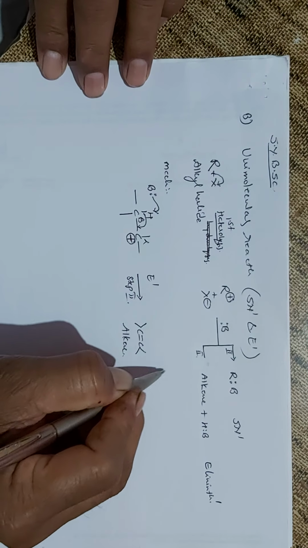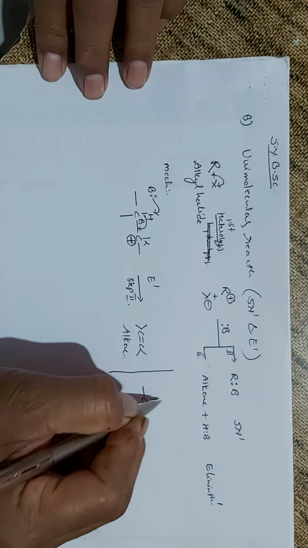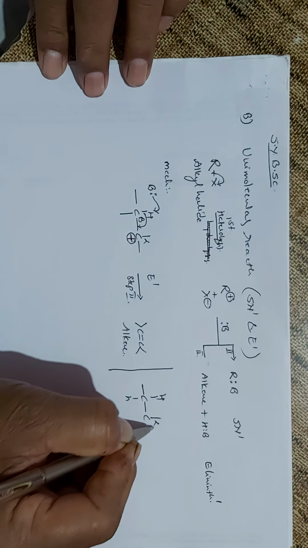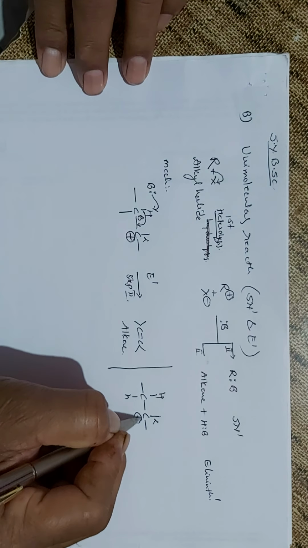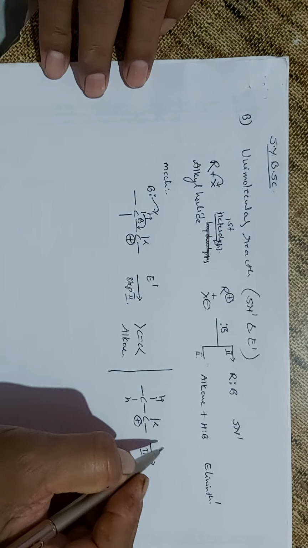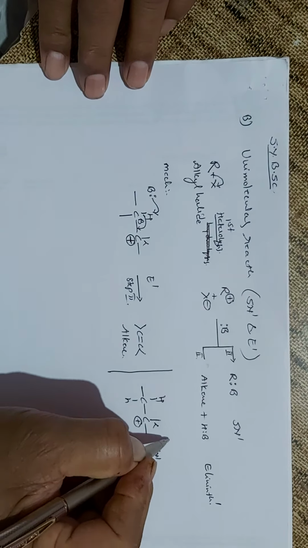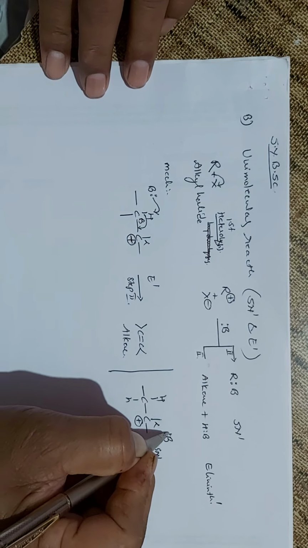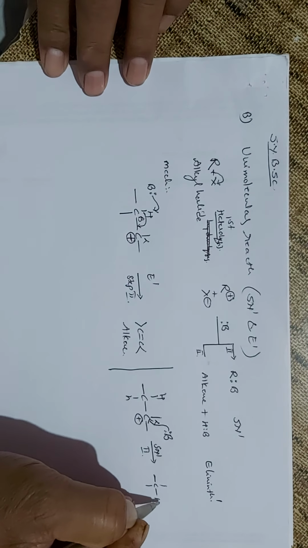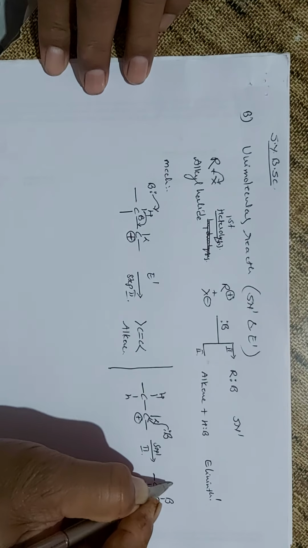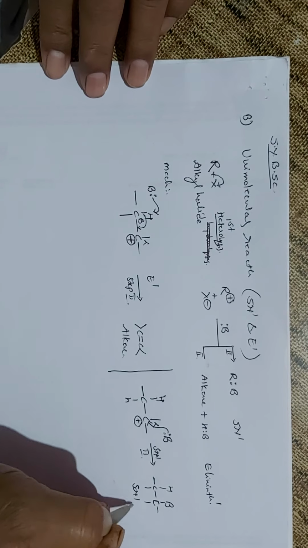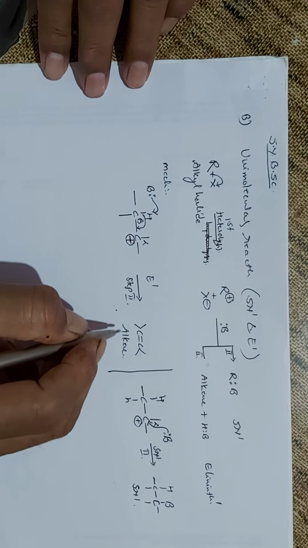But in the second way, if this is your alpha carbon and this is positively charged, it's a carbocation, then in step second, that is SN1, the base donates the electron pair to the carbocation, and you get the formation of the substitution product. That is SN1, and the other way leads to E1, that is elimination.